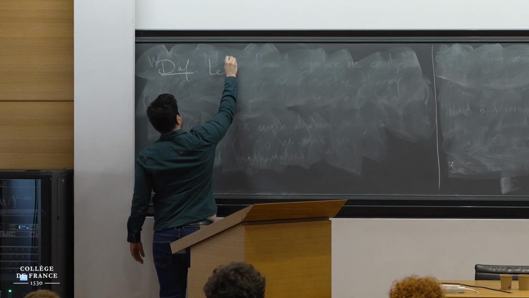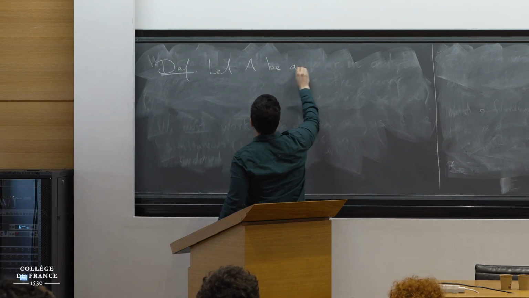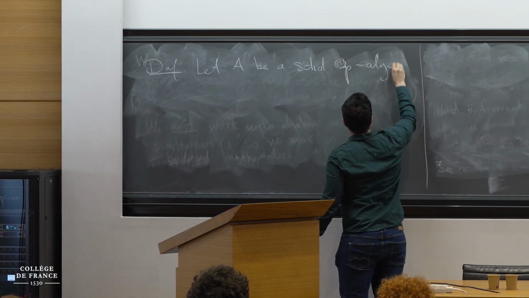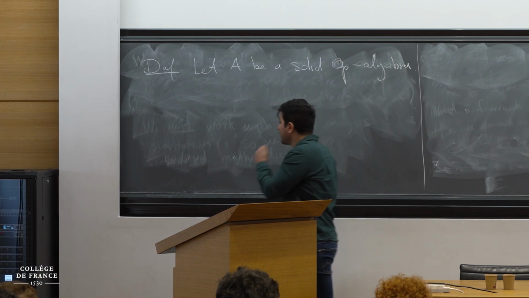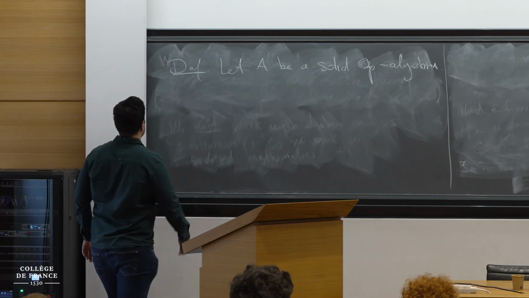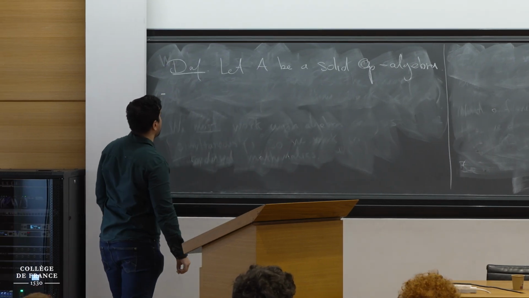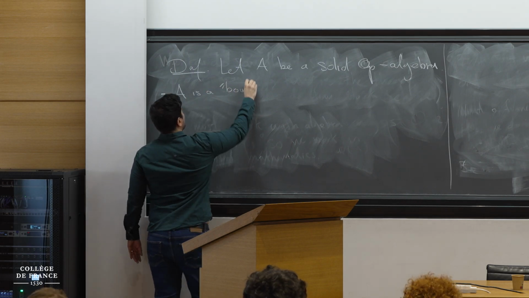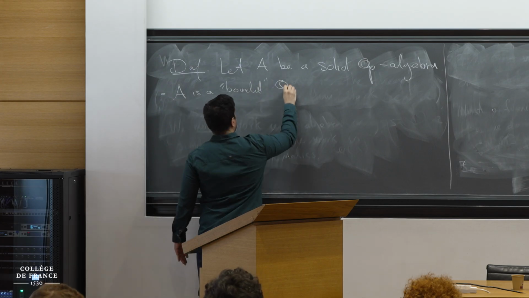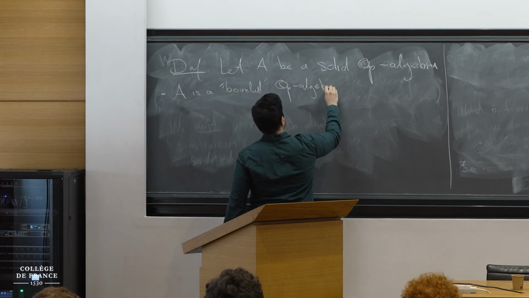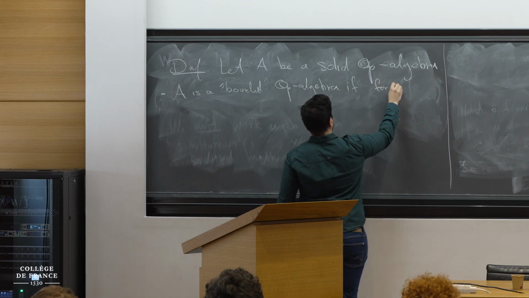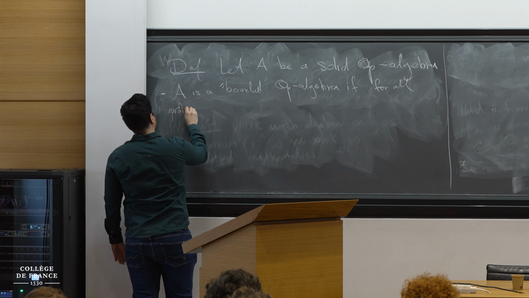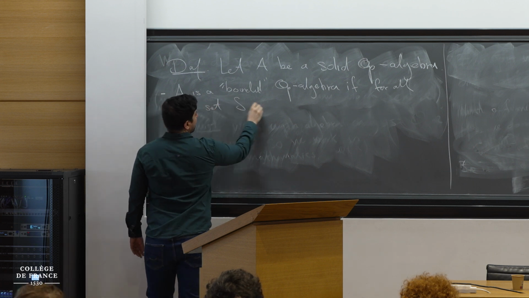Let A maybe be a solid Q_p algebra. Then, well, before this definition of Gelfand, there is a definition of something that is a bounded algebra. It's a bounded Q_p algebra if for all profinite sets S and maps from S to A,